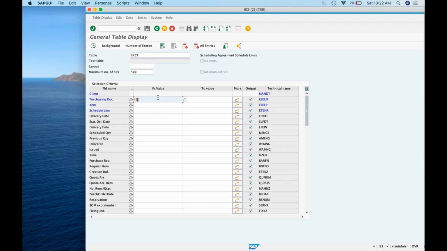Ours is 450097. How many zeros? 4, 5. How many have we put?